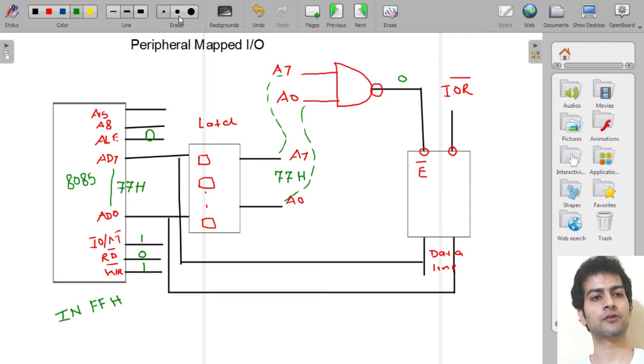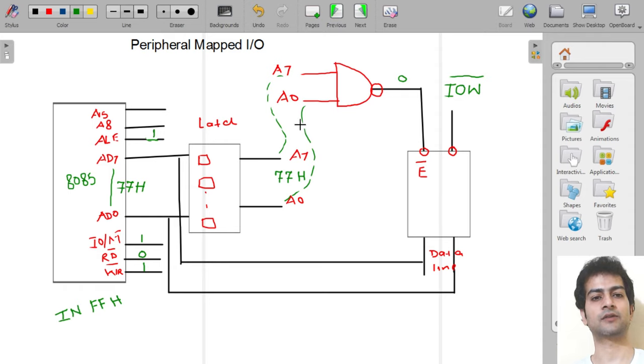Now suppose we want to write data into an output device. Again the same thing will happen. First our ALE will be 1. So this 77H, which is at the lower order address lines, will get latched and come here,